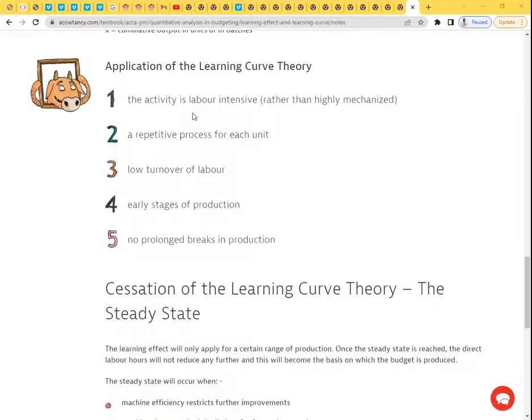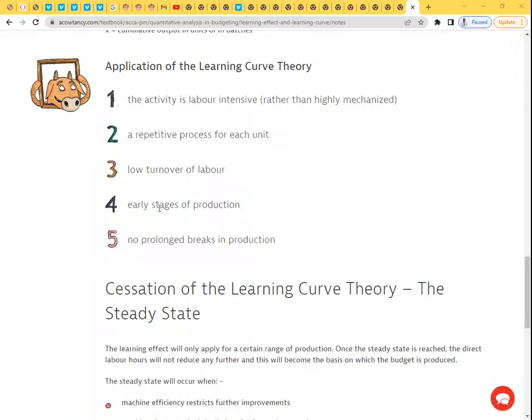Learning is about staying with workers. Where there is a high labor turnover, then automatically there'll be no learning there, right? Number 4, remember that as we proceed, ladies and gentlemen, we are going to stabilize in the long term. As an organization, you shall reach a level where you can't learn any further. So basically, this learning curve becomes only effective at the very early stages of production.